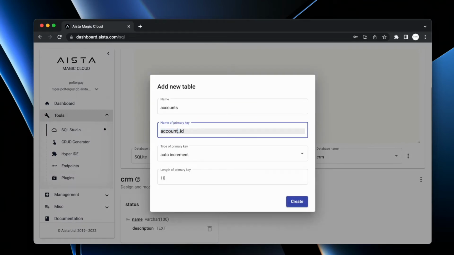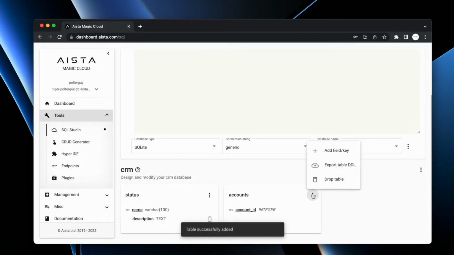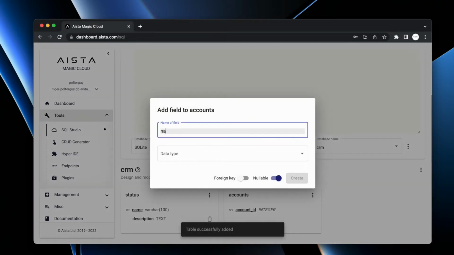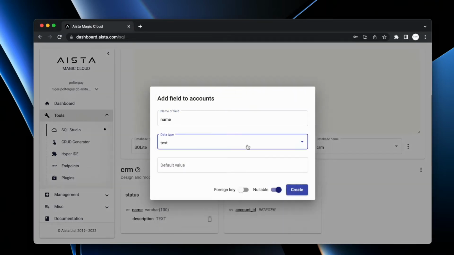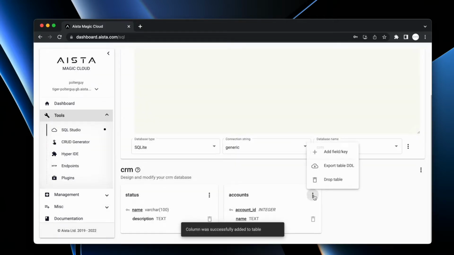Now we will probably want to remove the S here to make sure we have singular form. I'd probably use an auto increment here though. And then I would choose to add a new field called name. This would be the account name or the company name probably. I'd probably not accept nullable here. Then I would